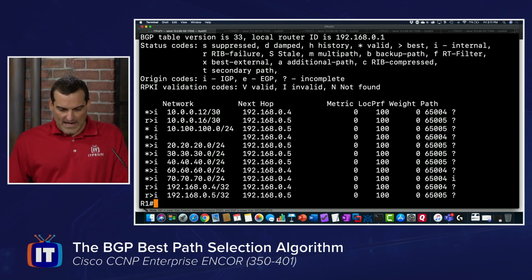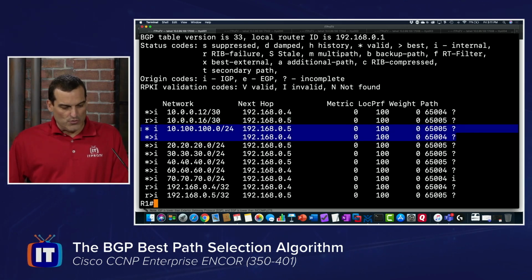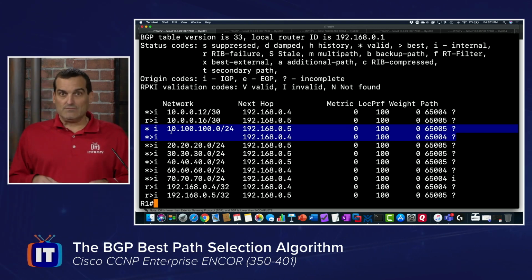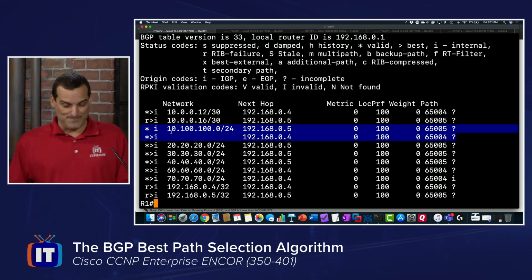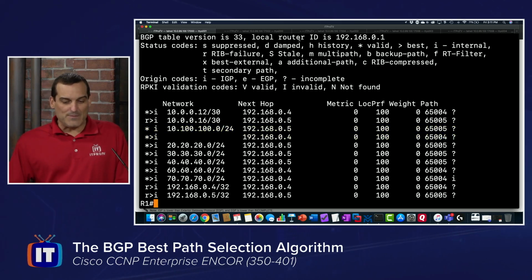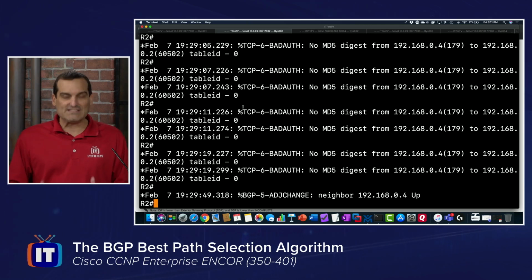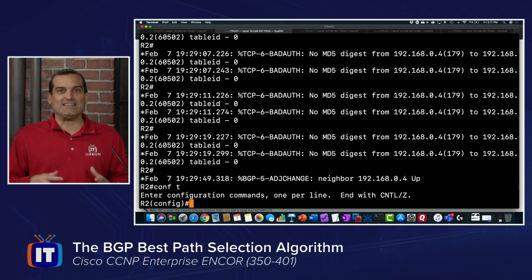All right, let's get to some path manipulation, shall we? So everyone agrees that there are two ways to get to 10.100.100. The way that was chosen through an arbitrary, silly thing is the R4 path. Let's poison the R4 path so the R5 path gets chosen. So I'm going to go over to the R2 device. The R2 device peers with the R4 device, and I'm going to go in and poison the AS path